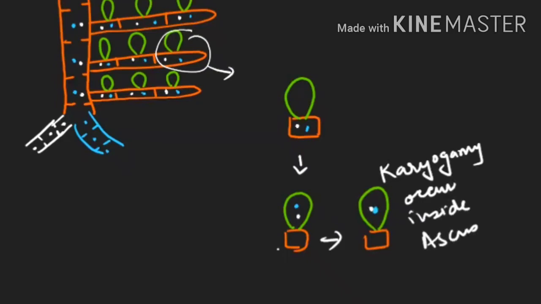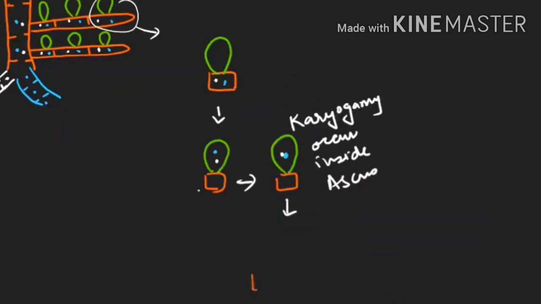And after that, see the board carefully, I will just make it down. See here, after that, meiosis will also occur in ascus only. Meiosis will also occur inside ascus to produce ascospores. Two will be of white and two will be of blue color. So these are the ascospores which are produced. Total how many ascospores have I made in the diagram right now? It is 4 ascospores. 2 are of plus nature and 2 will be of minus nature.